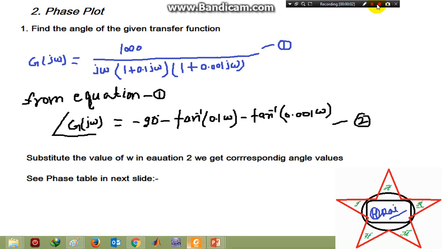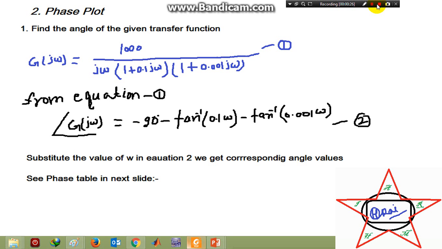Welcome back to the tutorial session of Bode plot. In the previous section we studied how to draw the Bode plot, the first part, that is the magnitude plot. The second part, the phase plot, is still remaining. So in this session we'll discuss how to draw the phase plot in the